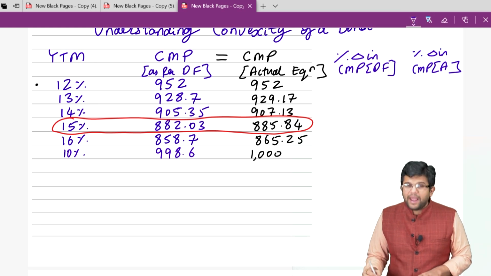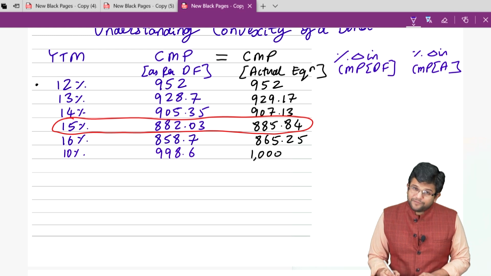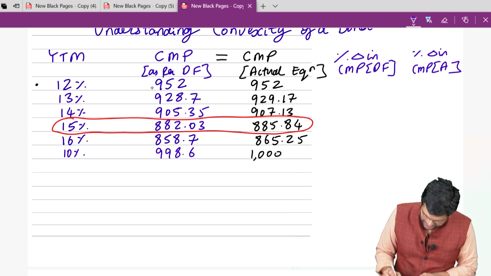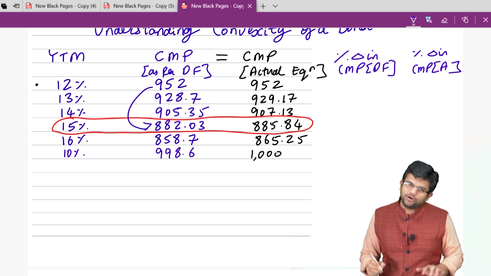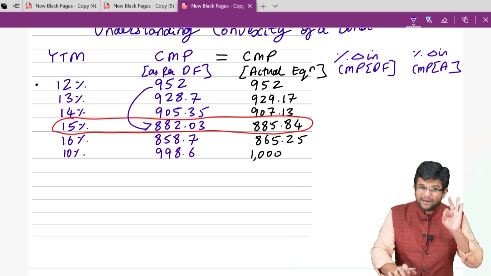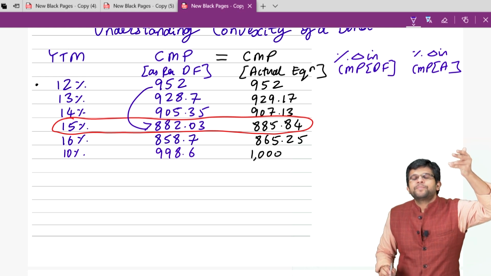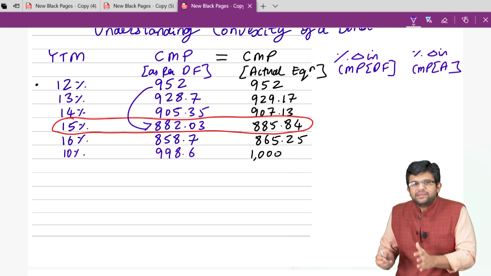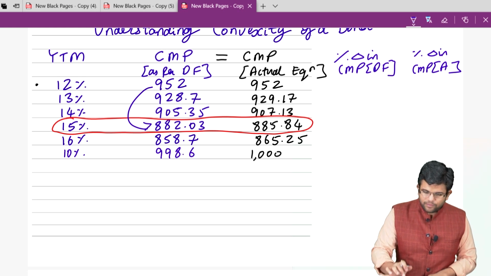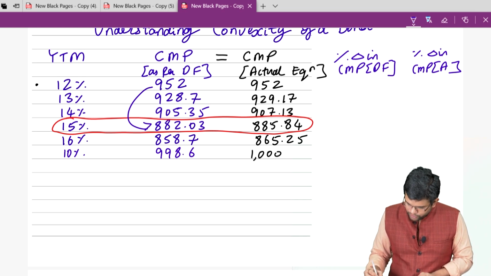Okay, now as per the derivative function, children, do you understand that if the YTM goes from 12 to 15, current market price should drop from 952 to 882.03. Do you agree? And that is nothing but a drop of 2.45% multiplied by 3%, right? Because from 12 to 15, if there is a 3% rise in the YTM, then considering the derivative function of 2.45% for every 1% change, this should change by 7.35%, which is what we must have taken to calculate the CMP. So therefore children, I'll write down here